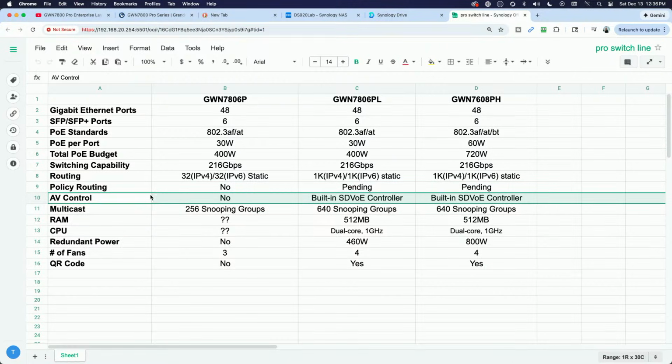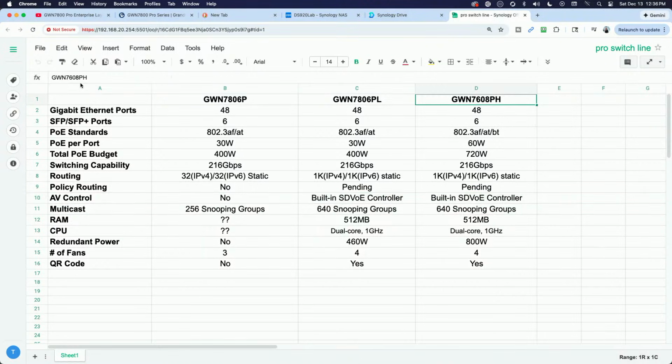AV control. So nothing on the original switch, but the two Pro, the 7806PL and the 7806. Oh, look at this. Look what I did here. No wonder I'm saying it wrong. I reversed it. This is 7806. There we go. That makes more sense. Okay, so they have what's called a built-in